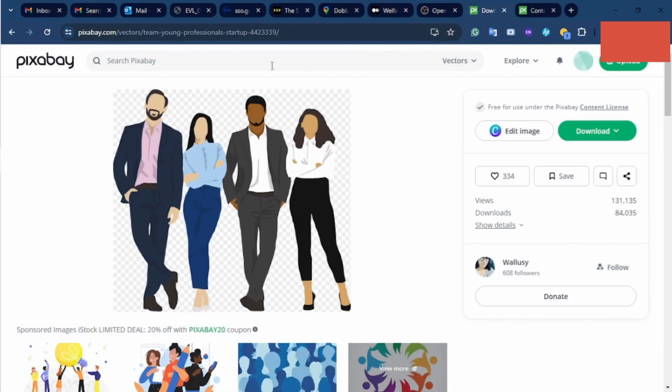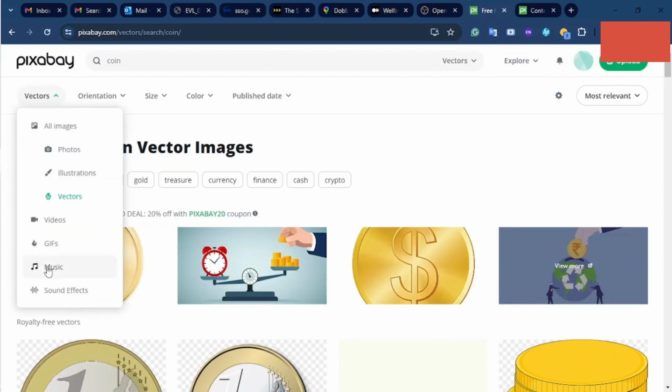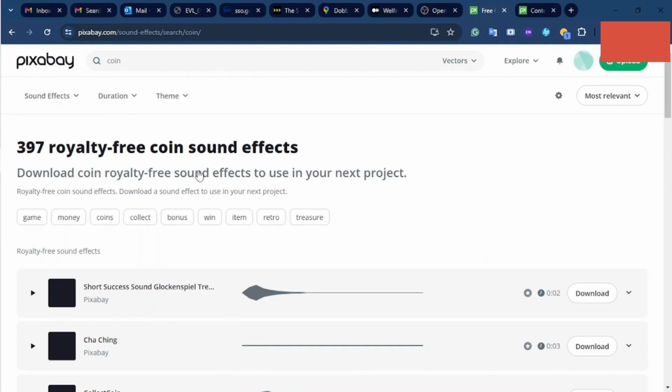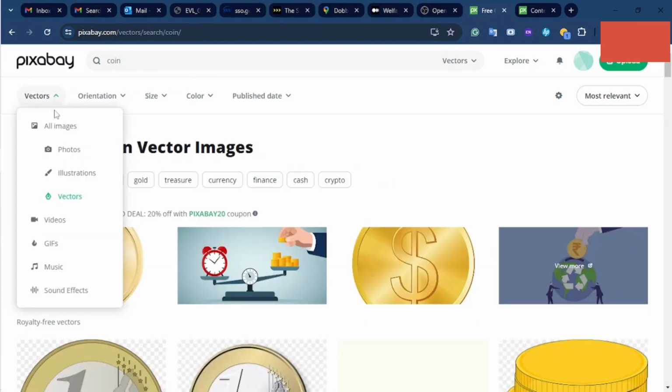I've downloaded that. Let me also see how we can download a sound. I wanted a coin sound. So let me see if we can see a sound effect of coins. So you see where I went there. So instead of images, I selected sound effects. So if I search for coin, I go to here, the same place, and change it from vectors to,